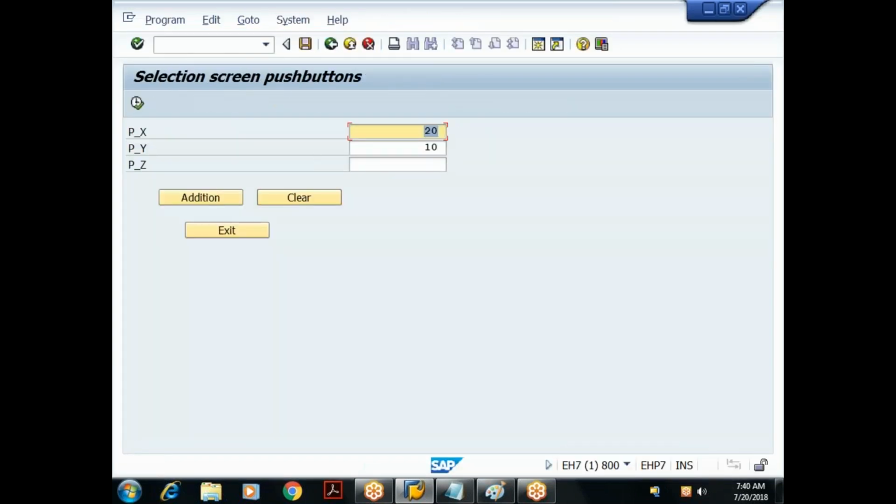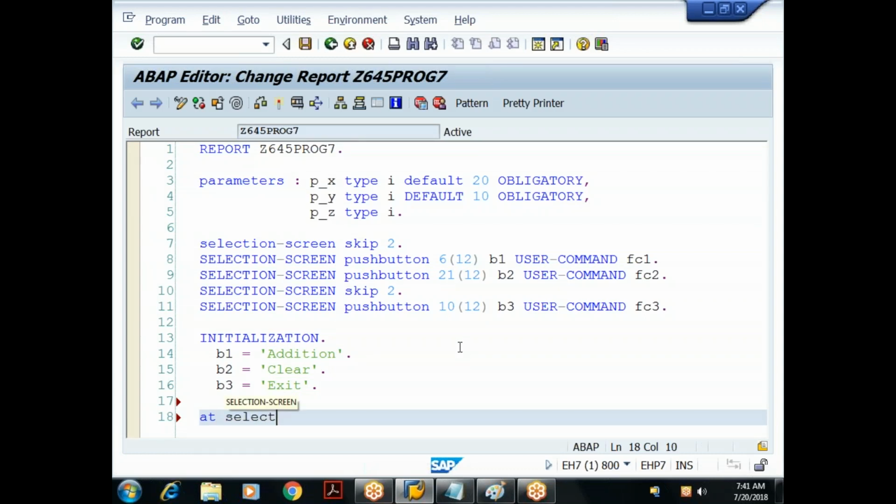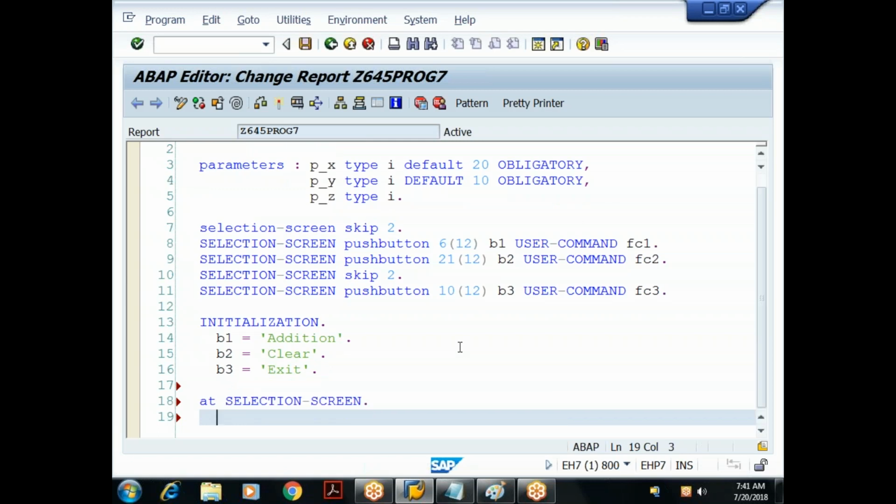What is the next requirement? If I click on this, I should perform the sum. So related to buttons also, whenever we click on the selection screen buttons, the event triggered is AT SELECTION-SCREEN. Just like for the checkbox, it is the AT SELECTION-SCREEN event. For push buttons also, it is the AT SELECTION-SCREEN event. Same concept again: the function code is captured in the system field. So I'll say CASE